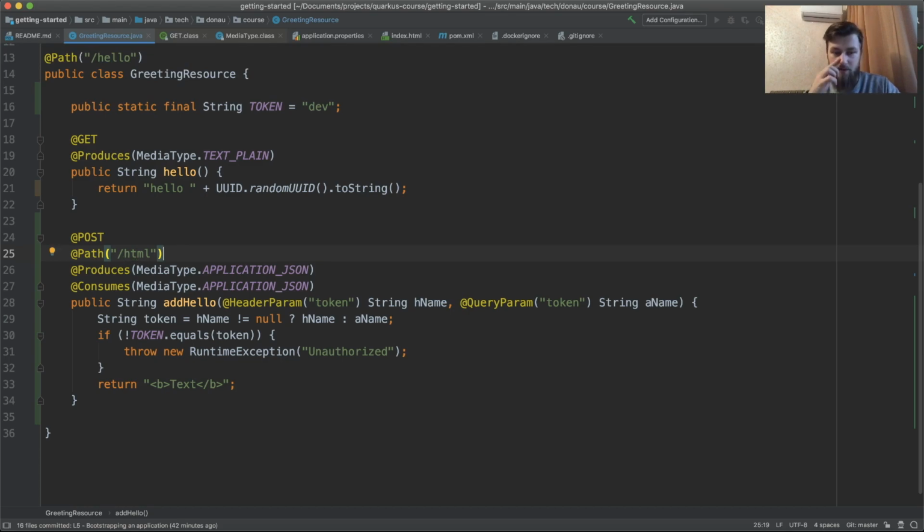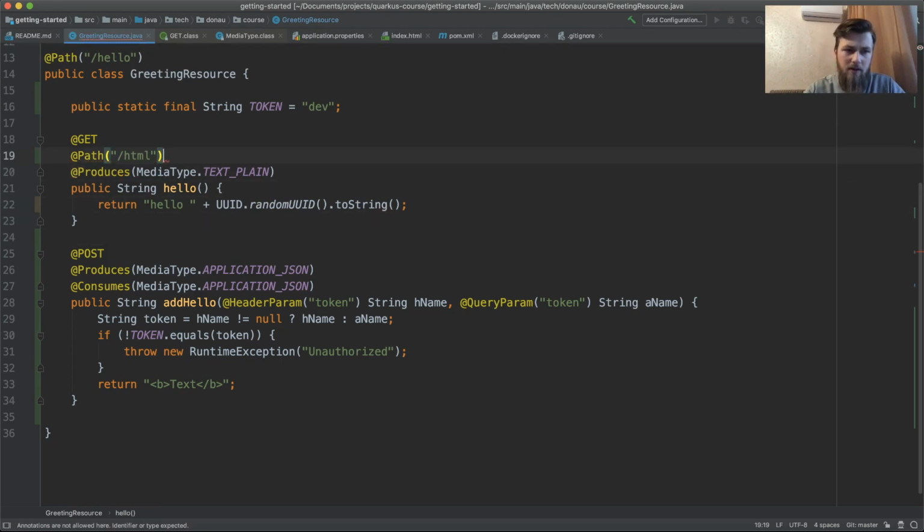Once again, you won't use a post method in any application to return HTML. Let's actually put it into the get method, because we don't need the post anymore. It was just an example that you can use a post